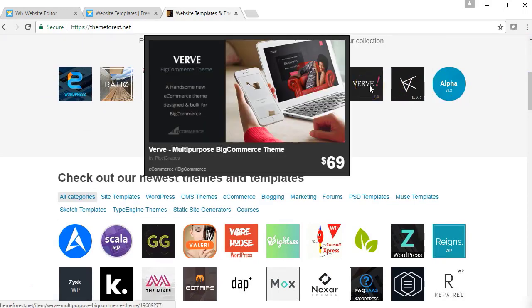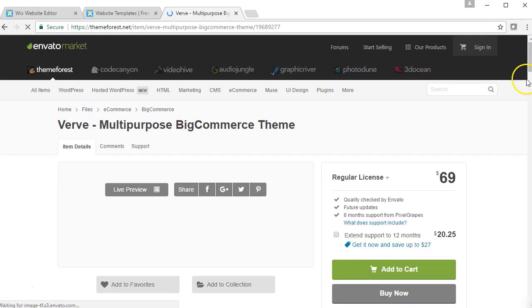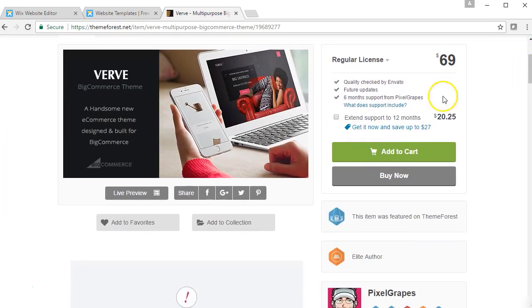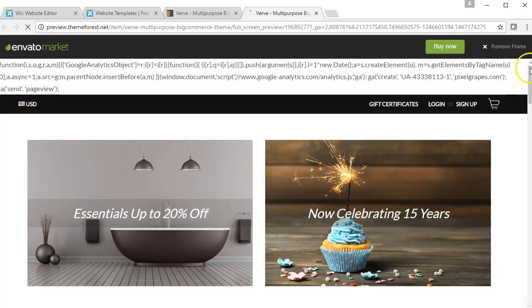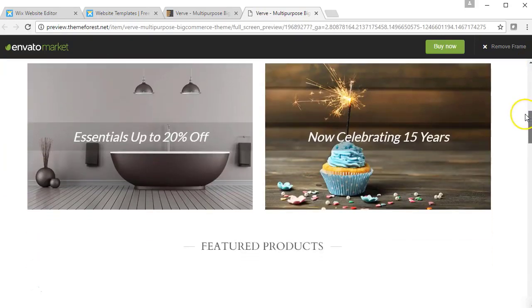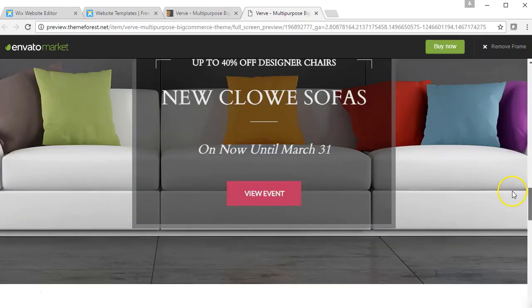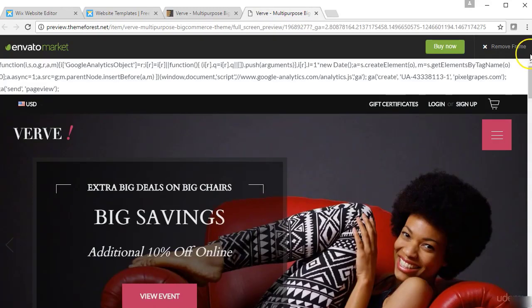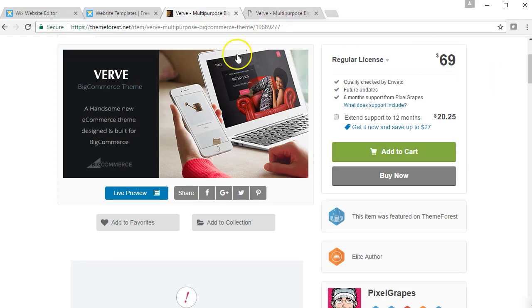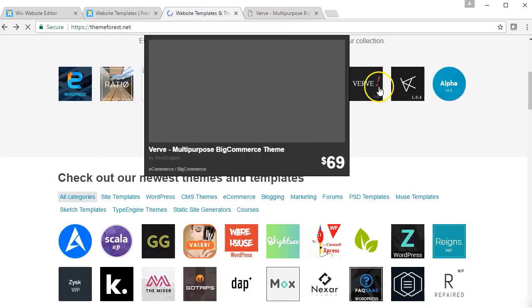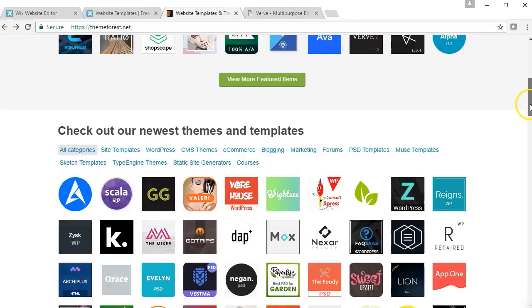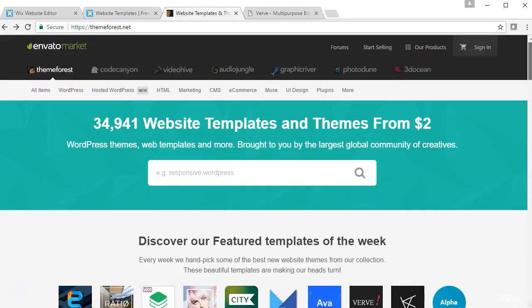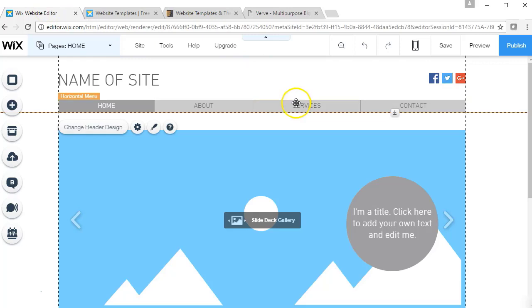All you have to do is click on something, and then from there you can actually take a great shot of what it looks like from a live preview perspective. This being an example, you could take a look at the layout, you could take a look at the different elements, and this should give you some inspiration in terms of how you might want to design your website. There are tons of options presented on themeforest.net, so of course please feel free to take your time as you're viewing this website. Going back to the Wix editor, I did want to start by showing you how you can